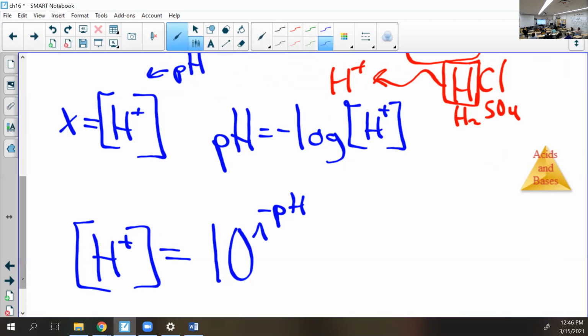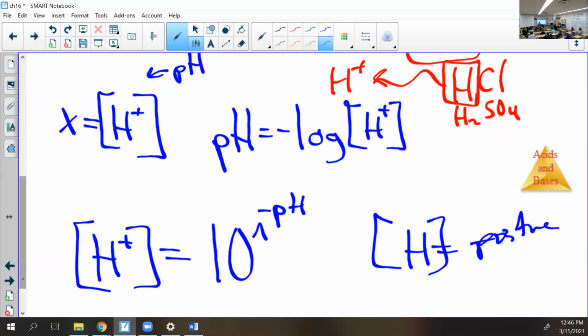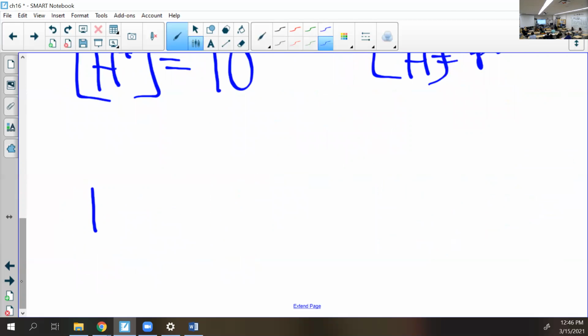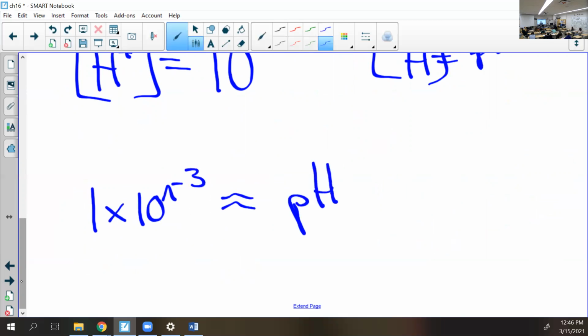Yes, sir. So the negative pH, why does it have to be negative? Because I want my concentration to equal a positive value. But really, and we got a math teacher in the room, so I got to be really careful here. The concentration is always like a number 1 times 10 to the negative something, right? But my pH, I always want to be positive. So to make it, and it doesn't have to be, besides I want it to be a positive value, to do that,